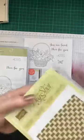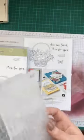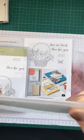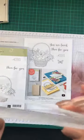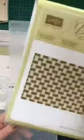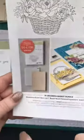set, and this is a dynamic textured embossing folder. So what that means is it's a lot thicker than the normal embossing folders, so you only need one plastic plate as it goes through, and it leaves... I should probably have done one, shouldn't I, but you get the idea. It gives a basket weave image, and as I say, they must have some samples here, so there we go. So hopefully you can see that basket weave texture there,